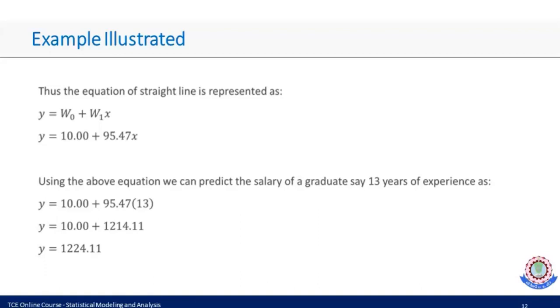Like this, we can predict and estimate the unknown values, correspondingly the predictor value of the variable x, which can be determined